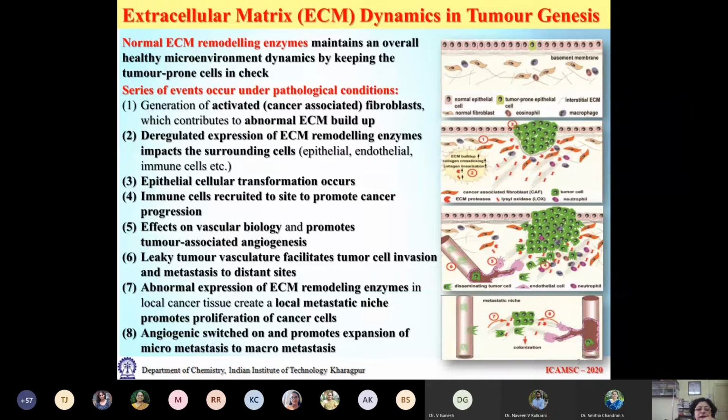What happens here? The abnormal expression of the extracellular matrix model protein or enzyme creates a local niche of the metastatic state. Here you can see,